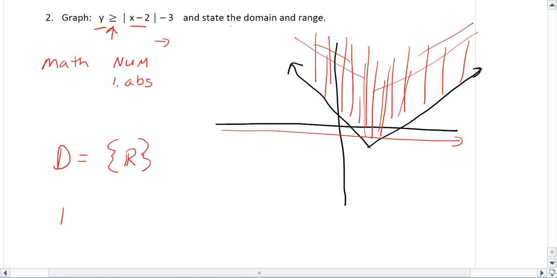The range, however, does have a limitation on it. This graph does not exist down here in the negative values. It finally starts existing right here at negative 3. And of course it keeps on going infinitely up here in the positive direction. So we would write the range then